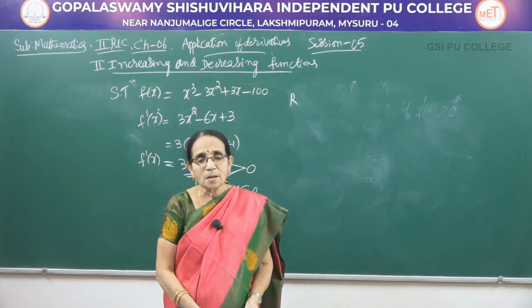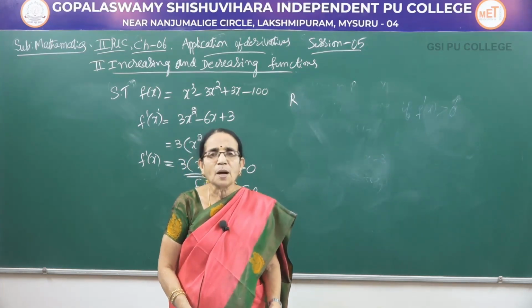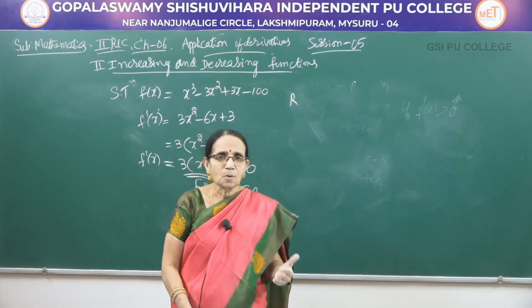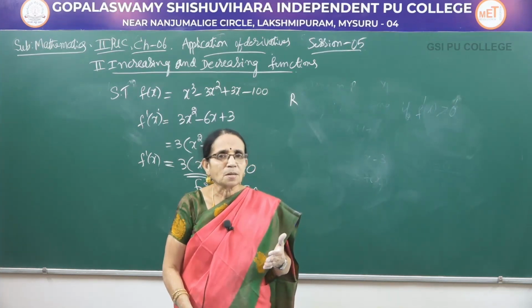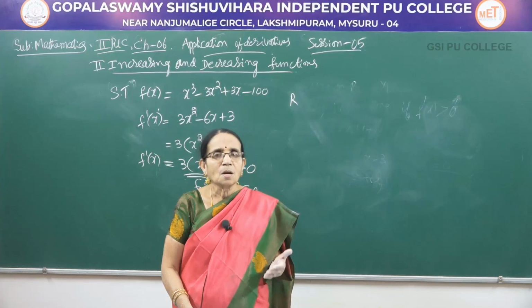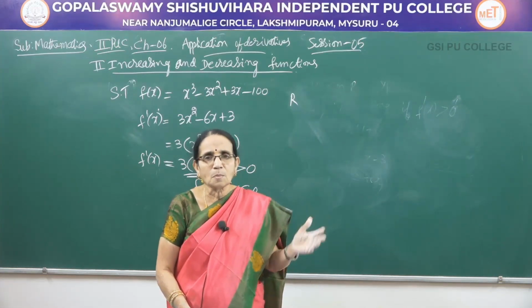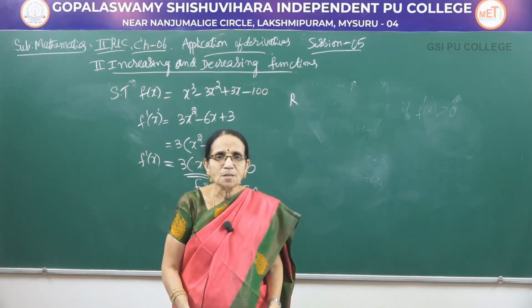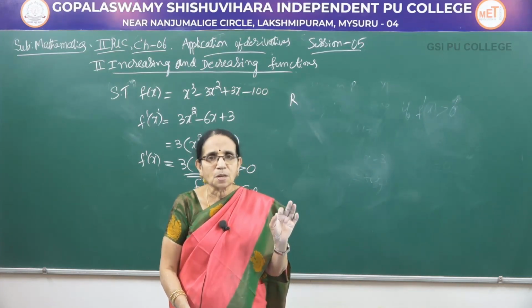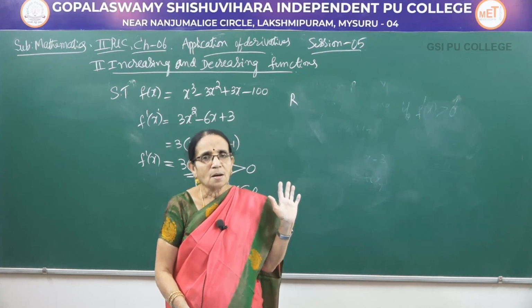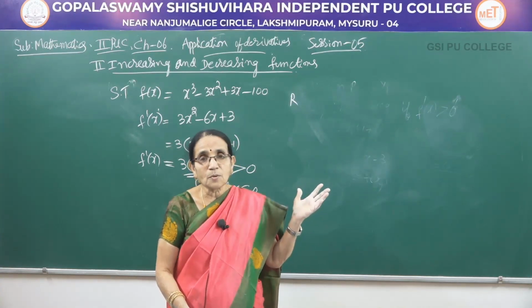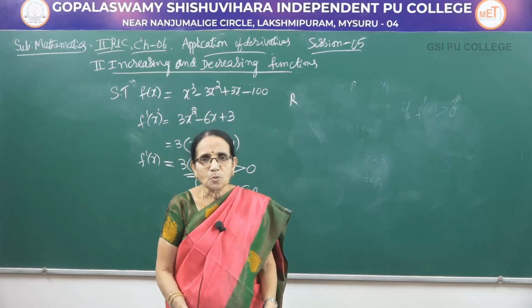So, when a linear function was given, we took two values x1 and x2, taking x1 to be less than x2, and using the basic definition of the increasing function, we could arrive at the conclusion. Whereas when higher degree polynomial functions are given, you differentiate and make use of the statement of the theorem, and then we find the result. Whatever we wanted to prove here, we have proved.